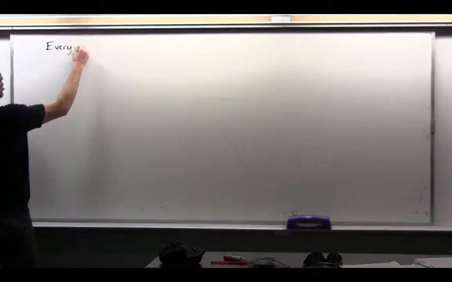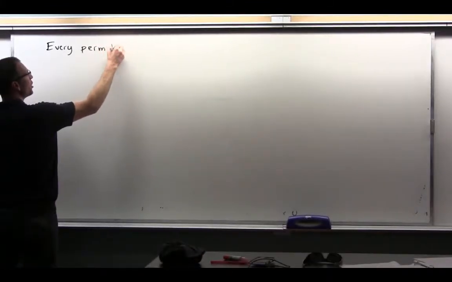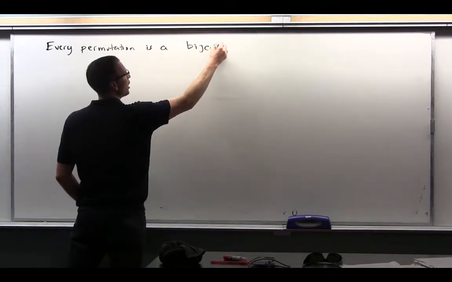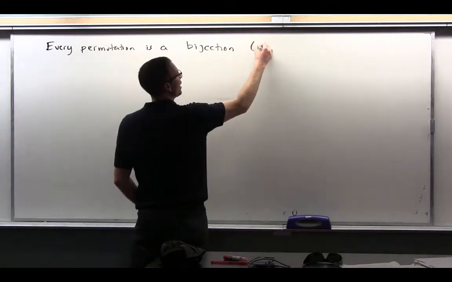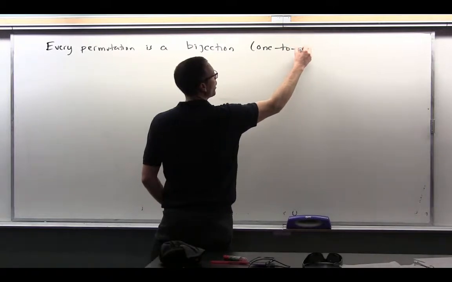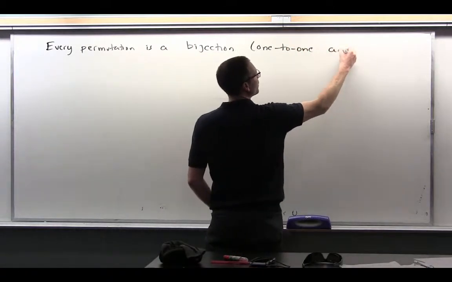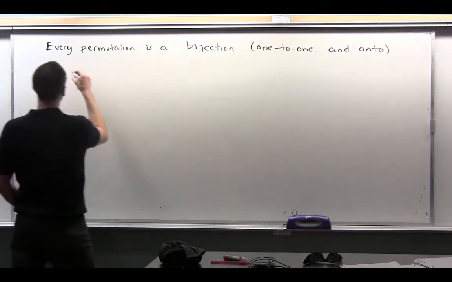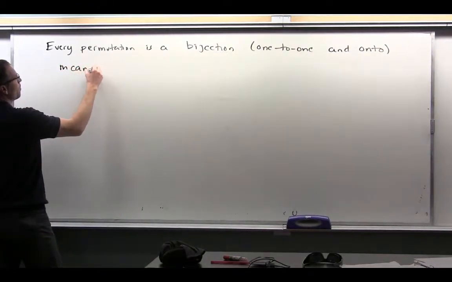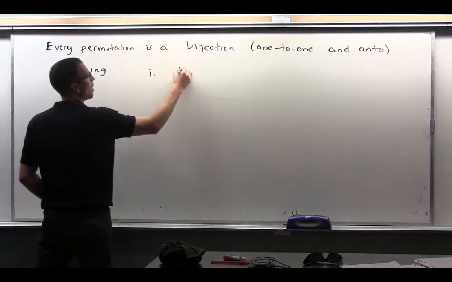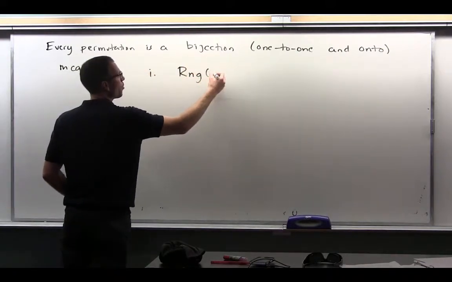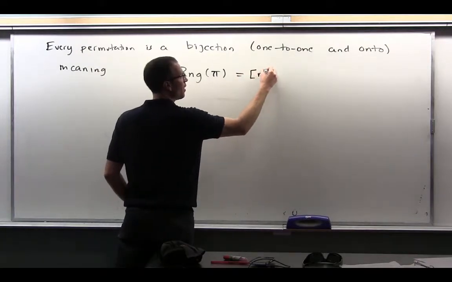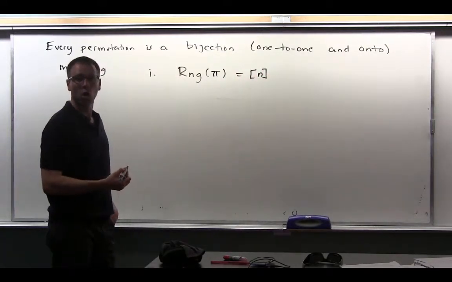Every permutation is a bijection. It is both 1 to 1 and onto. In other words, meaning 1, that the range of the permutation pi is equal to the codomain,